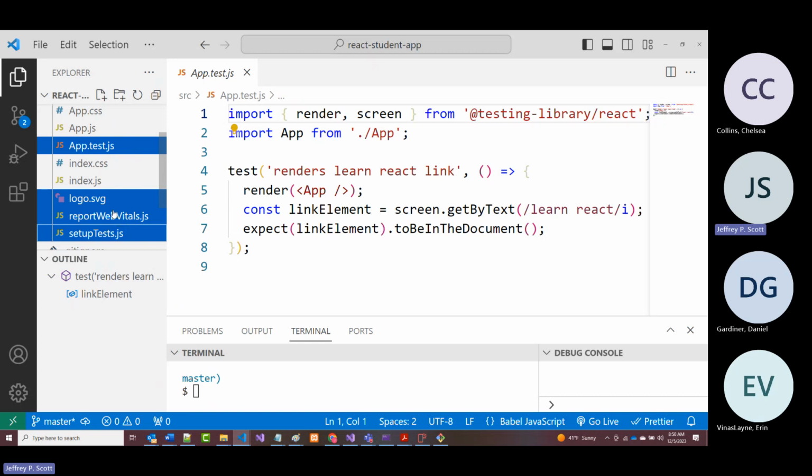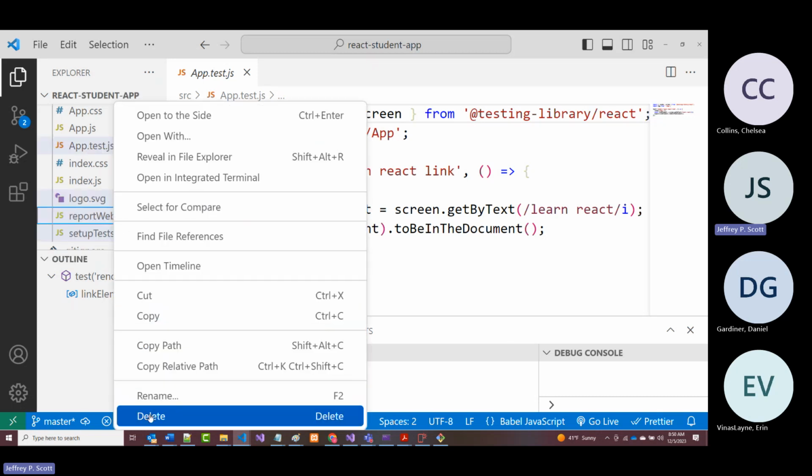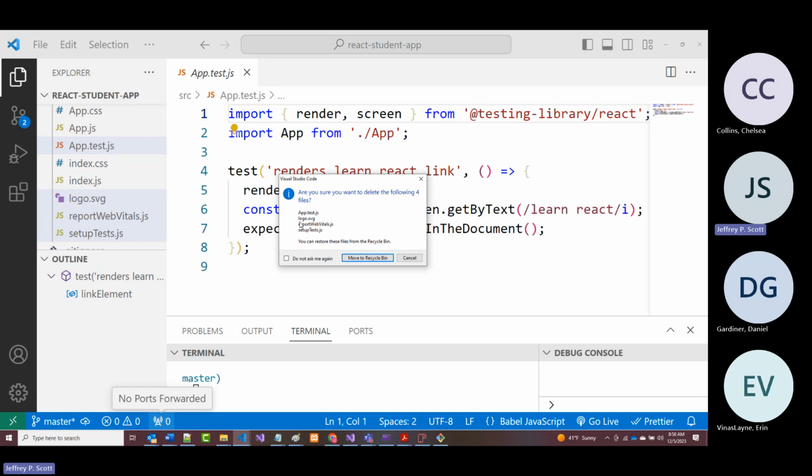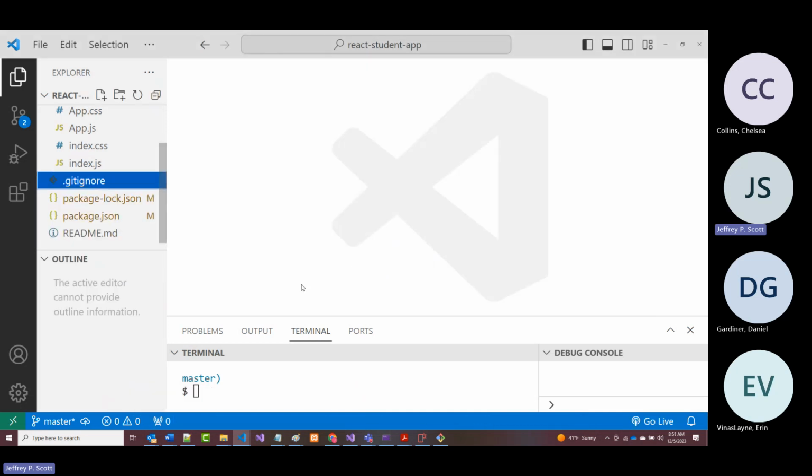I'm going to right mouse click and choose delete. And it comes back and says, are you sure you want to? Yes. So move these to the recycle bin. So they're gone. Now, it's going to give me errors if I run it right now, because let's start here